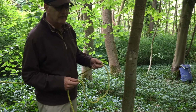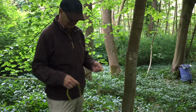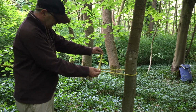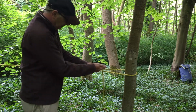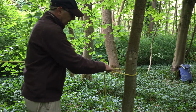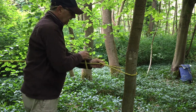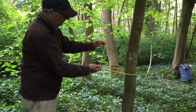Right, now we're going to look at the Guyline hitch. You need to imagine that this tree is my tent peg, and we wrap it round the tent peg. It comes back up, cross the working end over the standing end, and then we're going to wrap it 3 times round the long line going round there. 1, 2, 3, and you can see you've got 3 wraps there around one of the lines,